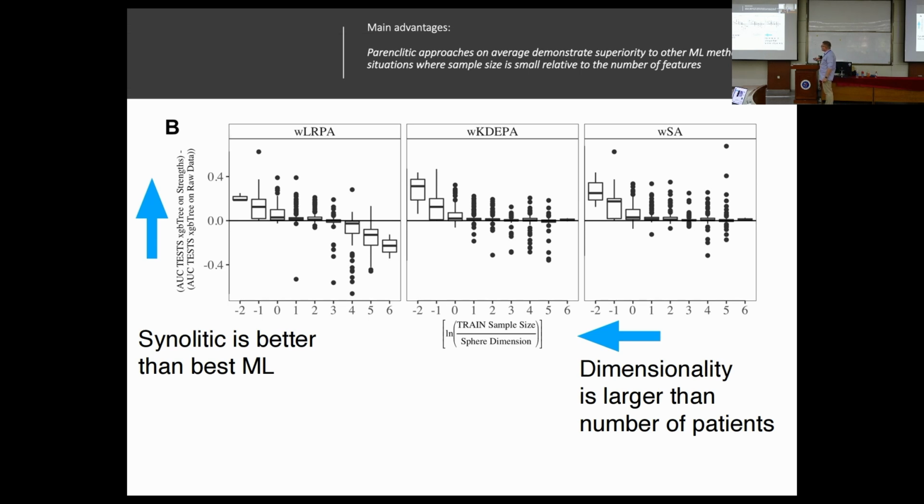And we considered the difference between AUC constructed with one of the techniques of the Synolitic graph and AUC constructed with the best available machine learning techniques. We have checked support vector machines, different XGB trees and decision trees, and of course neural networks, just a fully connected neural network. And you see that when we are getting this curse of dimensionality, actually Synolitic starts to work better. It doesn't matter, in fact, which technique you are using, linear regression or kernel density estimation or the proper